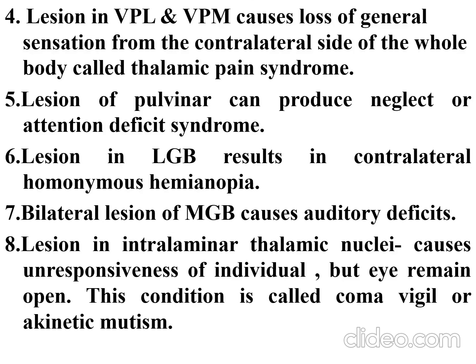Next, a unilateral lesion in the ventral posterolateral and ventral posteromedial nucleus causes loss of general sensation from the contralateral side of the whole body. This is called thalamic pain syndrome. In this, the individual may experience excessive pain or loss of sensation from the whole body, and this is a rare neurological syndrome. The next one is that a lesion in the pulvinar can produce neglect or attention deficit syndrome. A lesion in the lateral geniculate body results in contralateral homonymous hemianopia, and a bilateral lesion of the medial geniculate body causes auditory deficit,